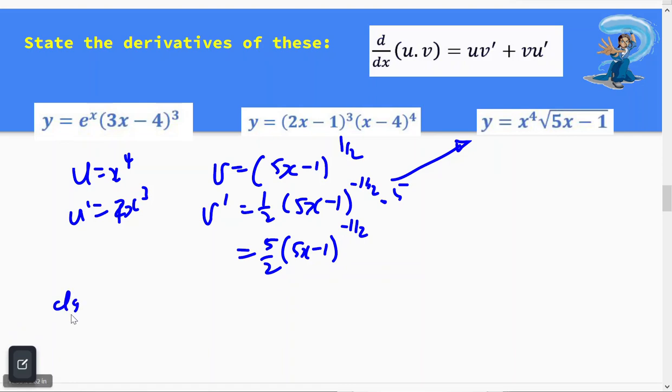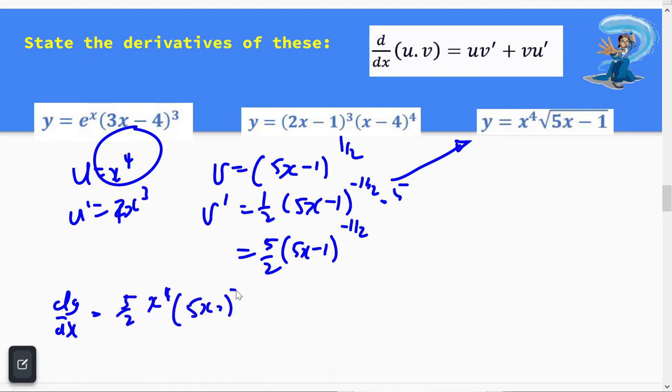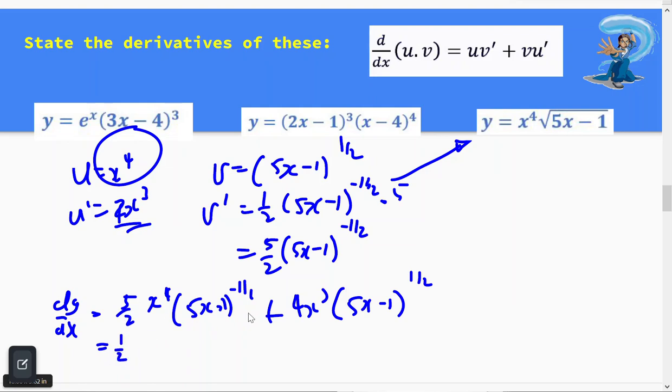Piecing all that together, dy dx should equal this times this. So 5 on 2, x to the 4, 5x minus 1 to the negative a half, plus 4x cubed, 5x minus 1 to the positive a half. Okay, I'd like to take out a half to get the fraction as a common factor out the front. 5 and 4, there's no common factor. x to the power of 3,